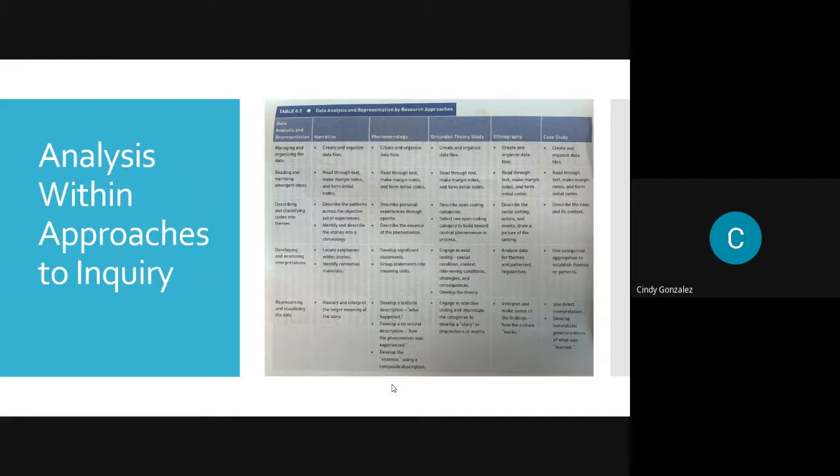Select one open coding category to build towards a central phenomenon in the process when you're doing grounded theory. In ethnography, you describe the social setting, actors, and events, and draw a picture of the setting. And then for case study, you're going to describe the case and its content. So each of these has its different analysis and representation.